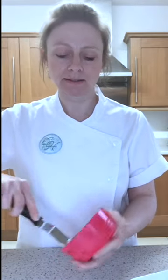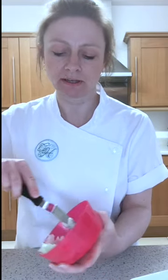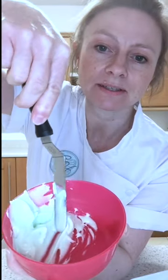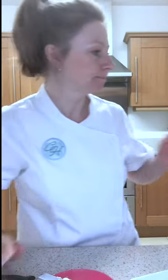So this is the consistency that I quite like for writing. I would always test it first. So it's still quite stiff. I can get my palette knife through it, but it's not thick, it's nice and smooth. So I have my piping bag,